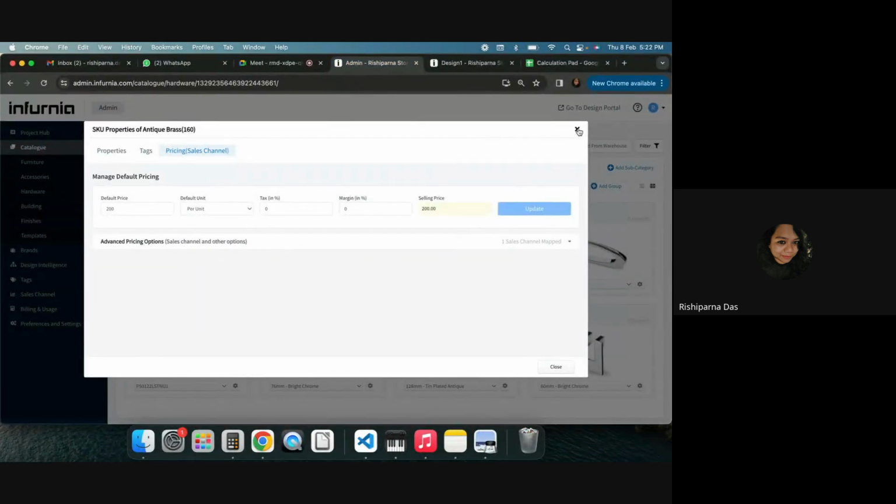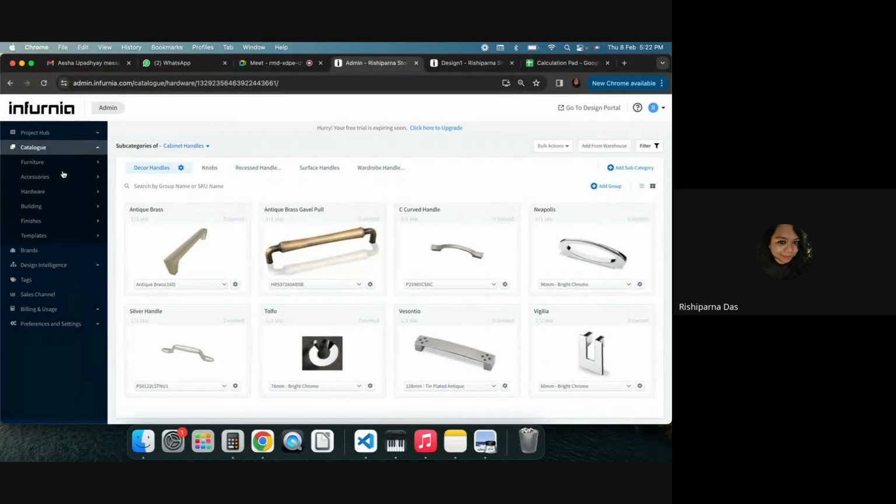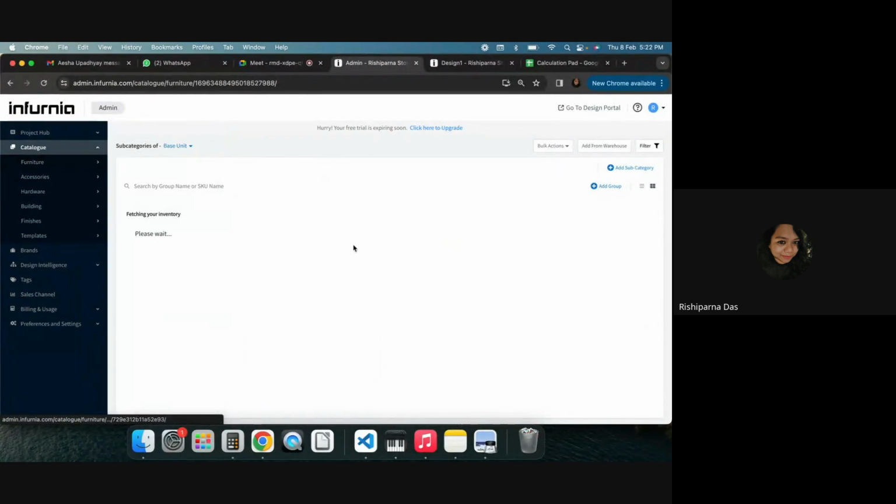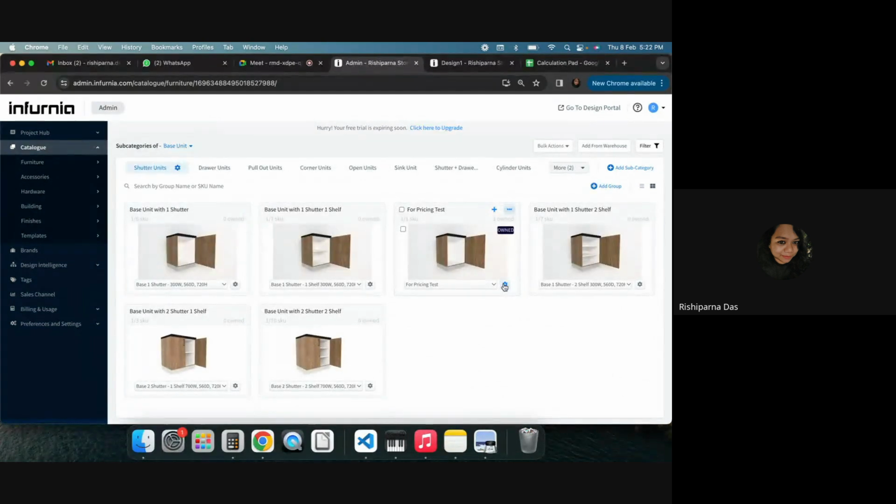Now, out of the pricing, there are two more things that we need to understand. One is your tax, one is your margin. Now, of course, when you're looking at the pricing of a particular